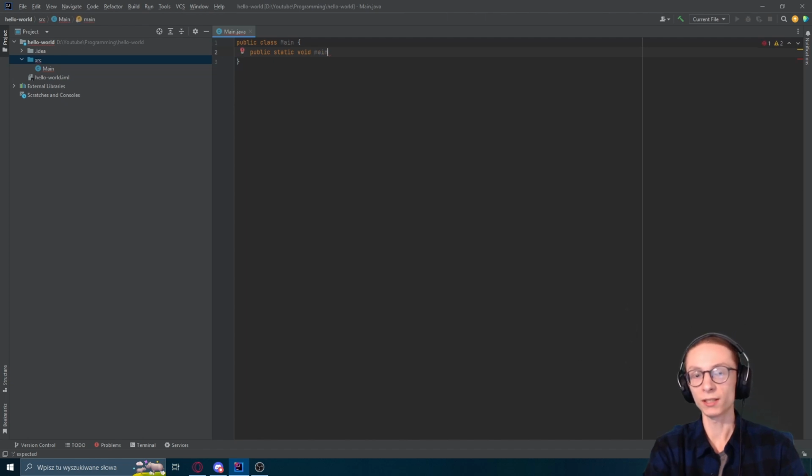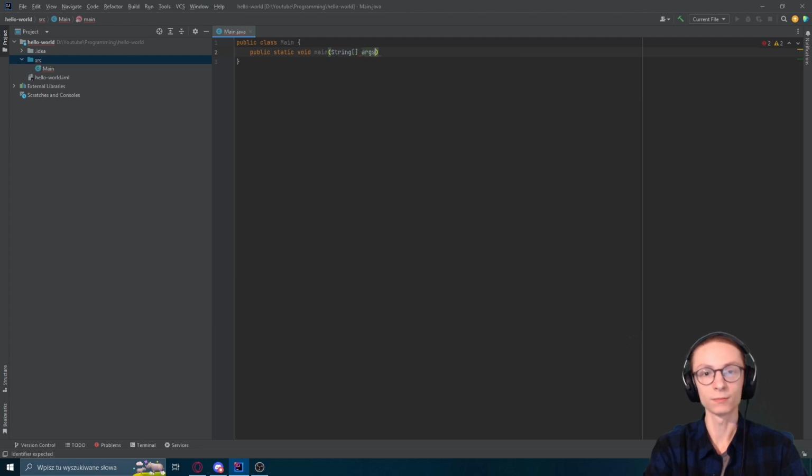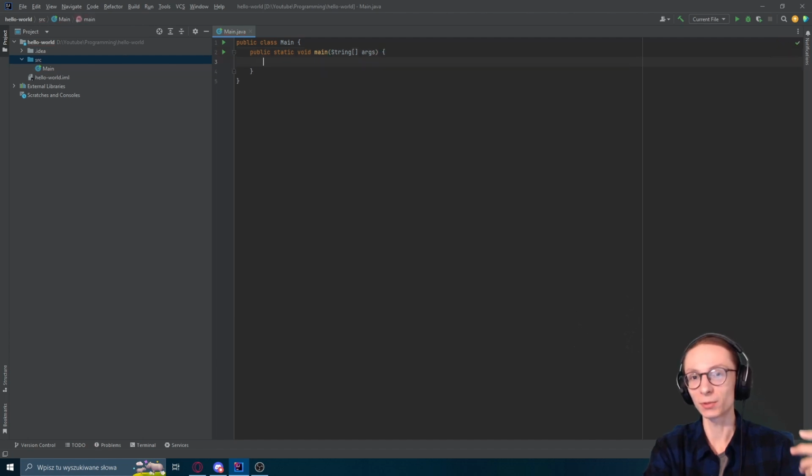Make sure that your class name is with a capital M and that your m in the method name is lowercase. Open brackets, and inside you're going to type out String[] args. You don't have to worry about what it means. For now, as much as you have to know is this is simply how you declare the main function in the class Main. Go ahead and open another curly brackets. And now finally we can type our command, which is going to print our message. And you can do that by typing the following: